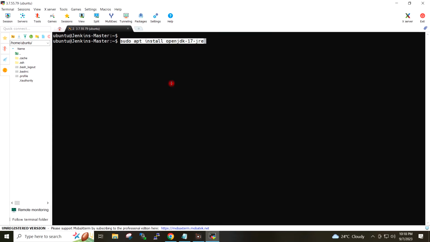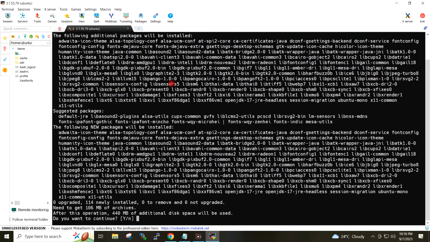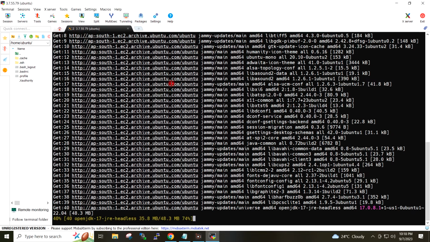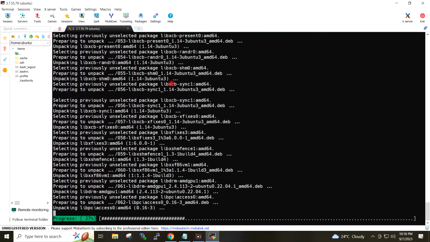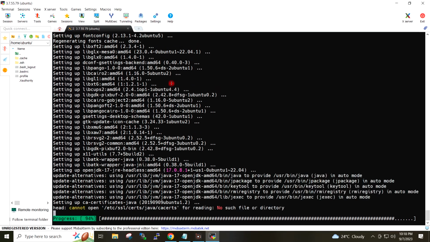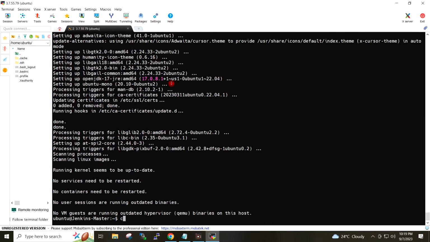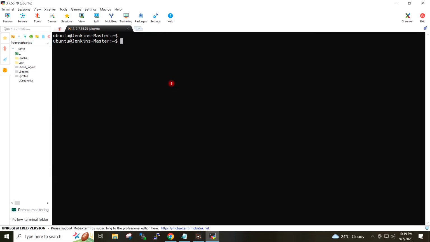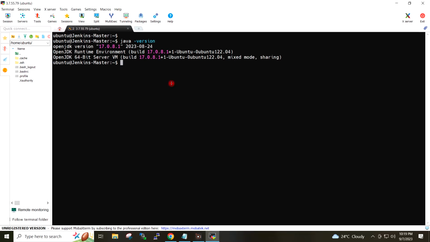I will install Java with this command. If I give the command java hyphen version, this is the version of Java which has been installed in my system.